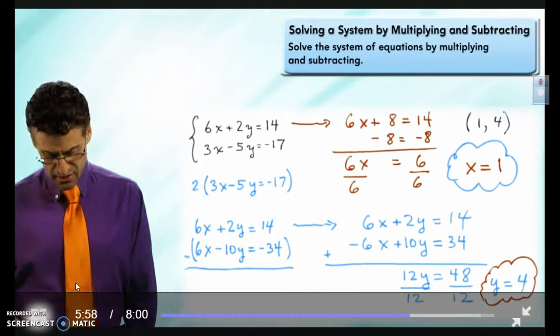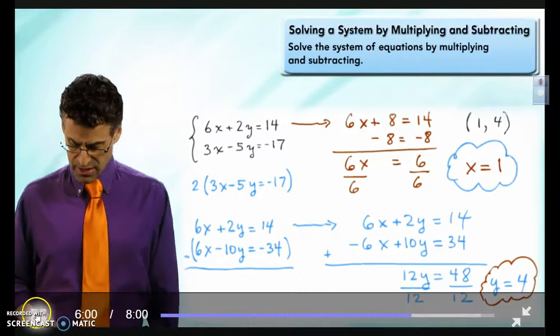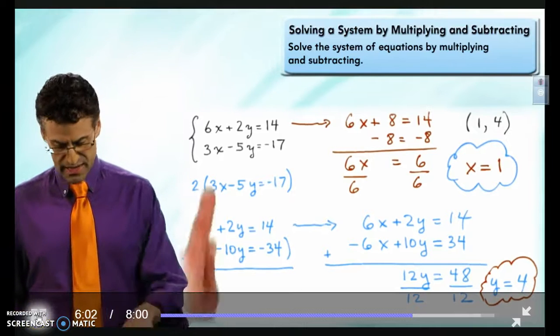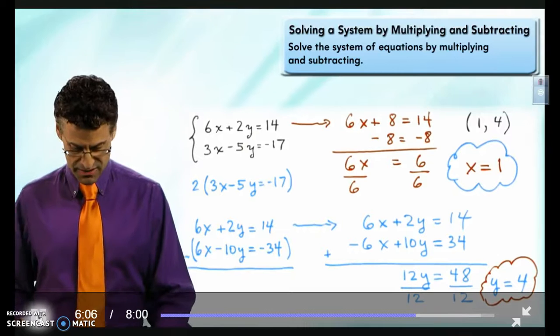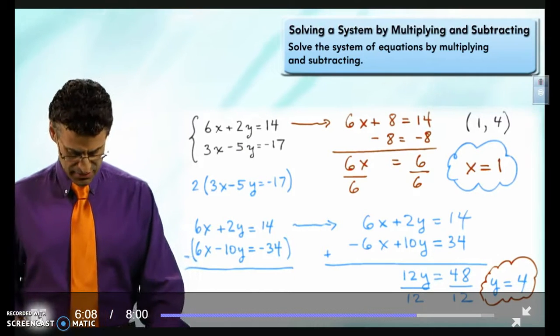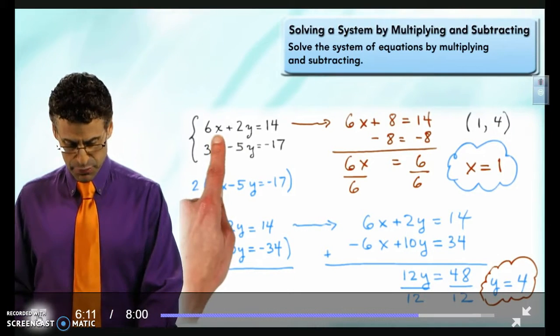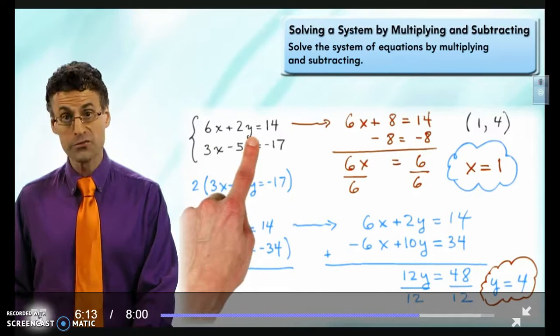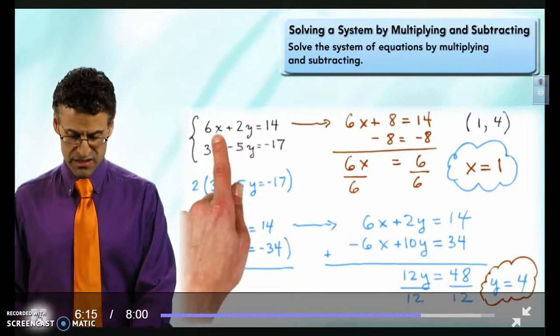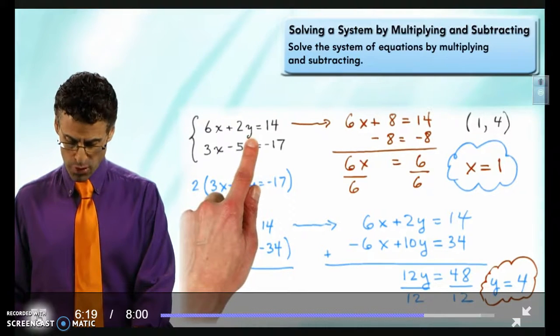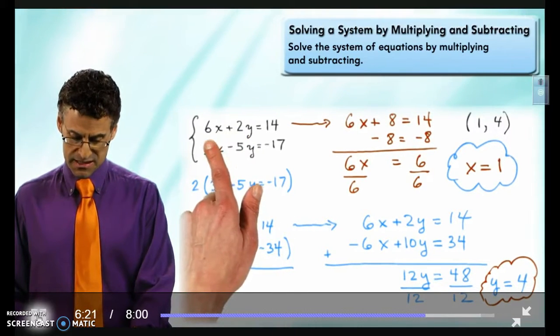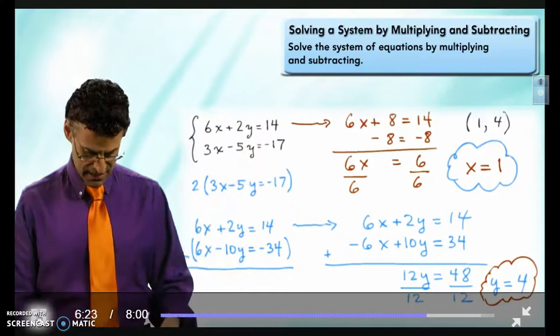And we can actually check our answer. So if you want to see if our answer is correct, we could check it by letting x equal 1 and y equal 4 and see if, in fact, the answer checks. Let's see if we can do it actually in our head. Let's do a little bit of mental math and see. So I'm going to put a 1 in for x and a 4 in for y. So let's be careful. 6 times 1 is 6. 2 times 4 is 8. And 6 plus 8 is 14. That